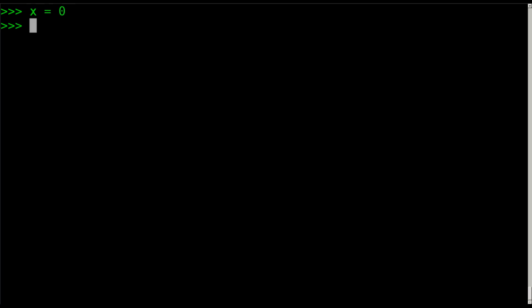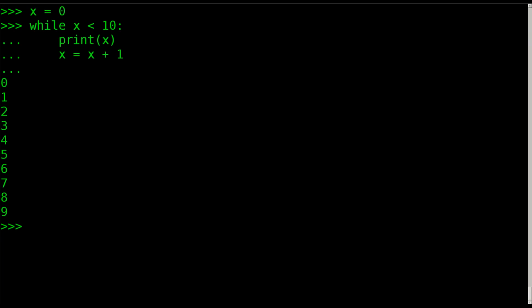We said x equals 0, and then we said while x is less than 10, and then we said print x, and then we said x equals x plus 1. And if I hit enter again, it's going to count 0 through 9. And again, because we said while x is less than 10. So another option here would be to say equal to or greater than 10. So if we wanted to go from 0 and also display 10,